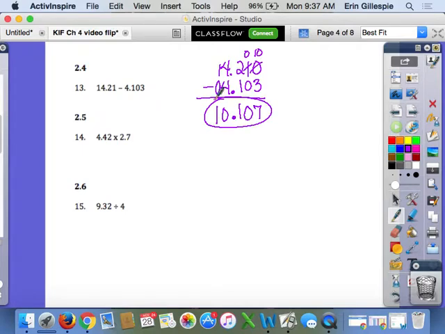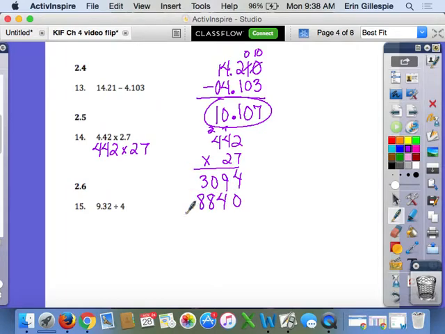14, multiplying decimals. Remember, we can treat this as if it's like 442 and 27. We just ignore the decimals while we multiply. So 442 times 27. 2 times 7 is 14. 4 times 7 is 28, plus 1 is 29. 4 times 7 again is 28, plus 2 is 30. And then 0. 2 times 2 is 4. 4 times 2 is 8. And 4 times 2 is 8. So when we add that all up,